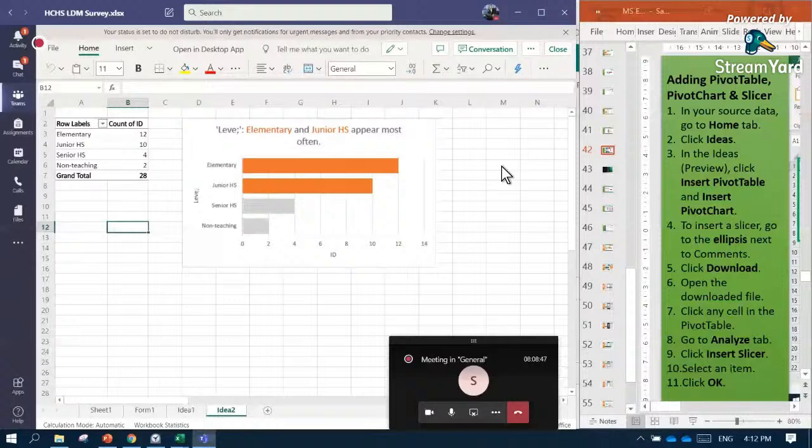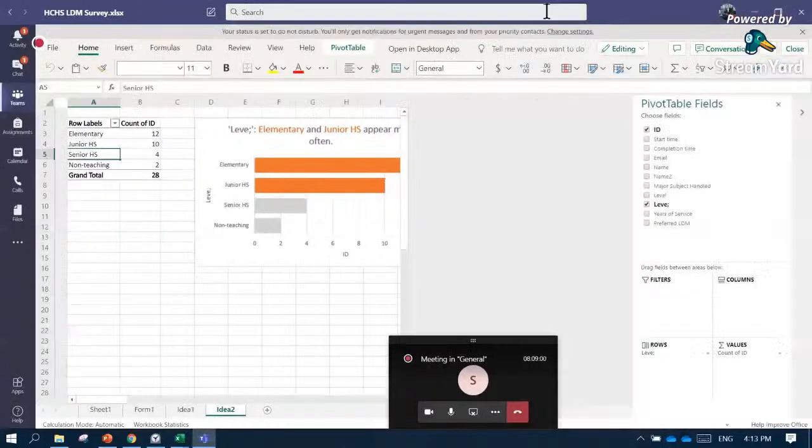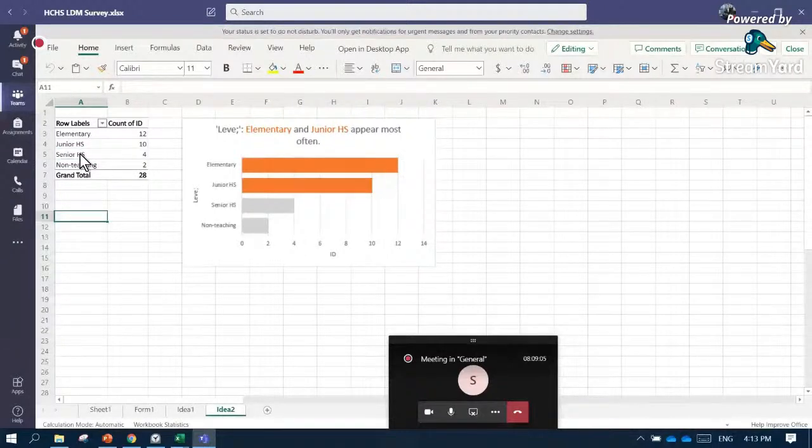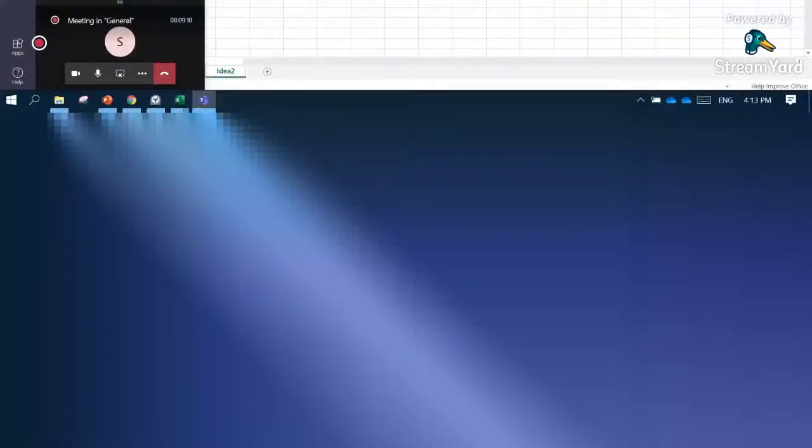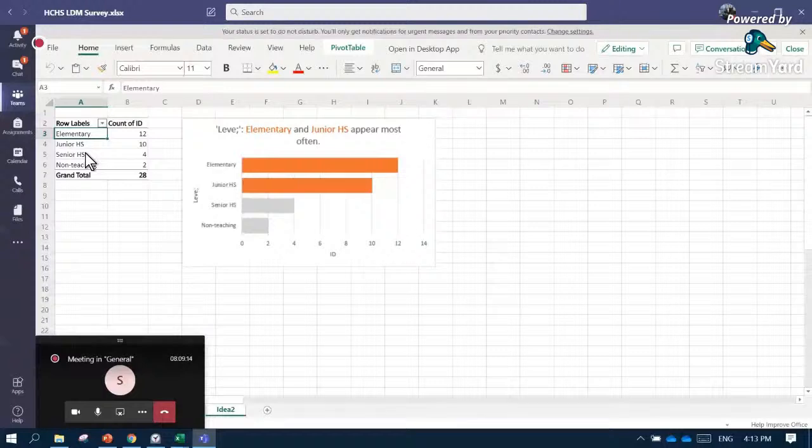So how do we manipulate these features? We can click on the pivot table, and in the row labels you have elementary, junior high school, senior high school, and non-teaching, which are the levels where the teachers are teaching. Next to that is the column count of ID.